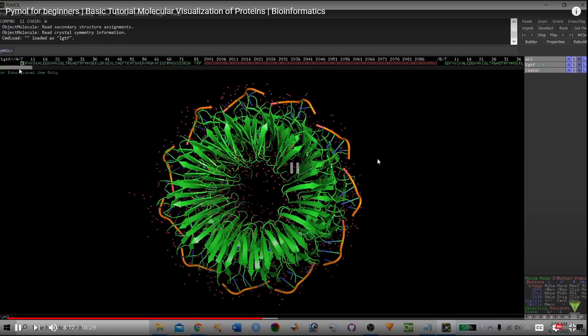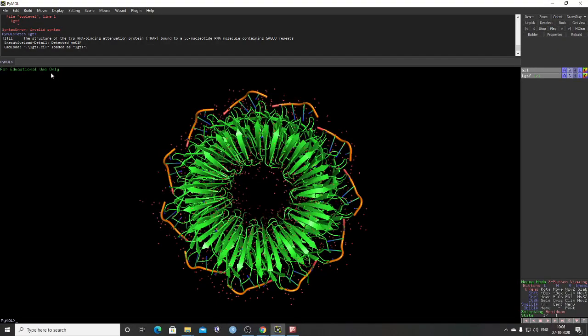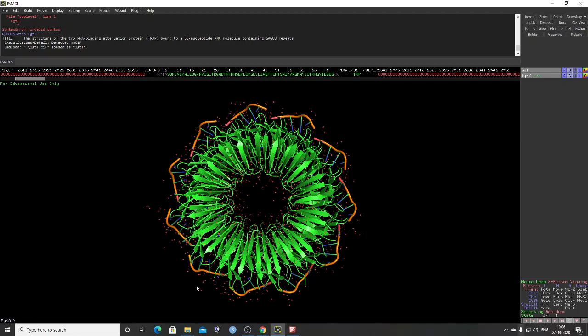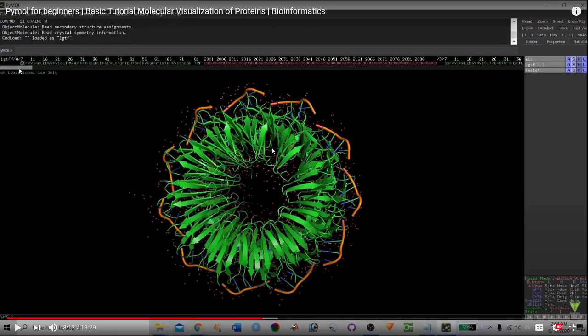Next, we are selecting a region here, so you can see the sequence here. And if you want to select the region, you can select it like this. So this particular region has a red dot. So it means that it is being selected, right? So that is selecting our region of interest. You can deselect it again.